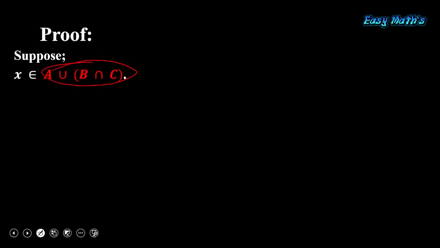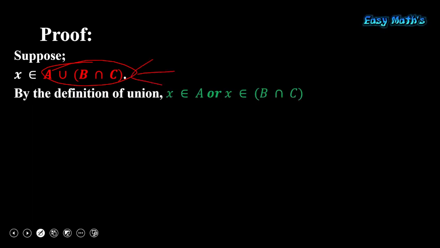So going to the proof of this, let's suppose first of all x belongs to the given set, A union (B intersection C). Now by the definition of union, we can say that x belongs to A, or x belongs to B intersection C. Now we can consider that either x belongs to A,